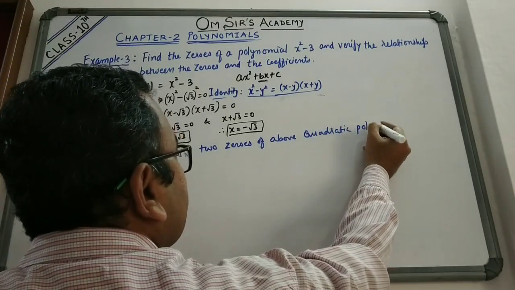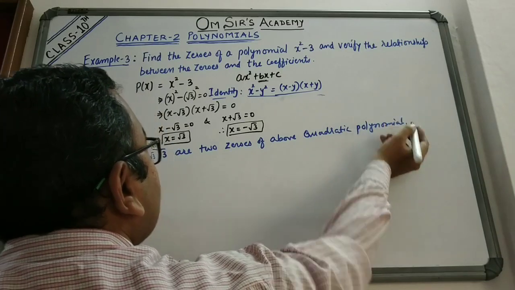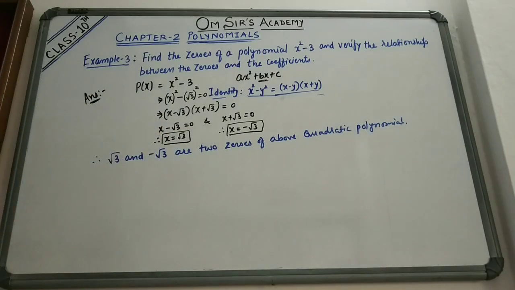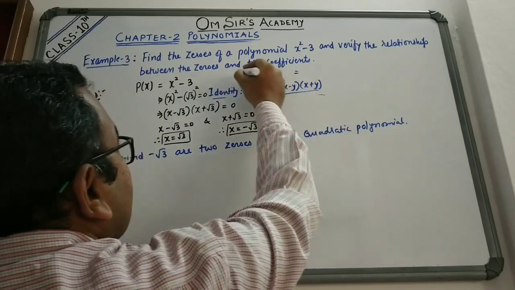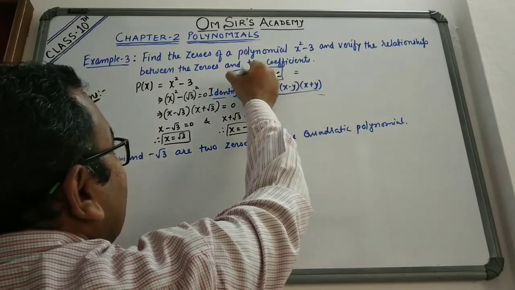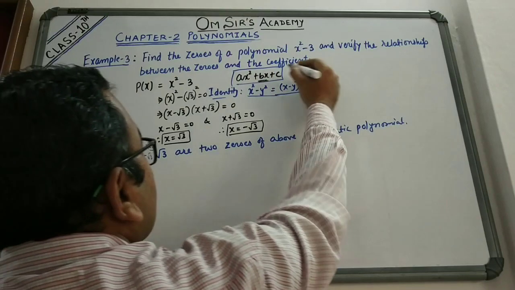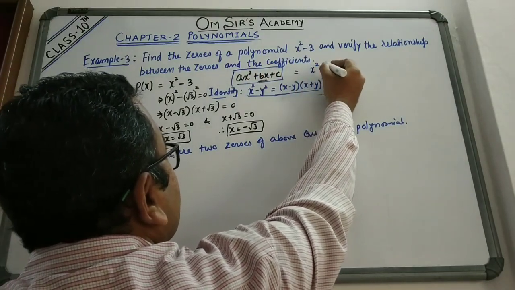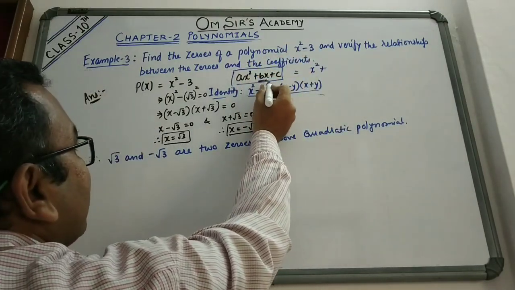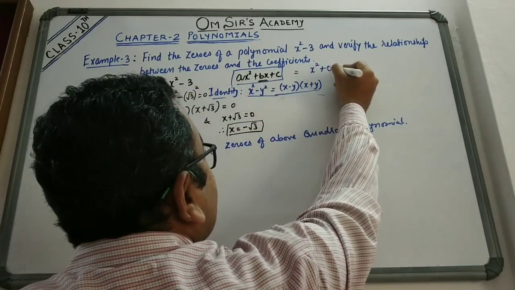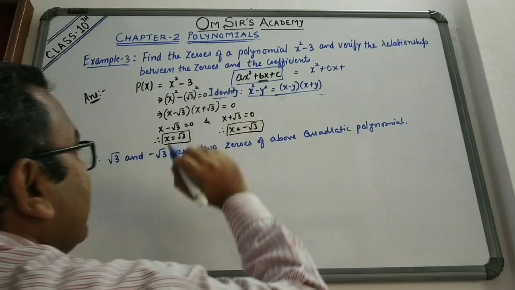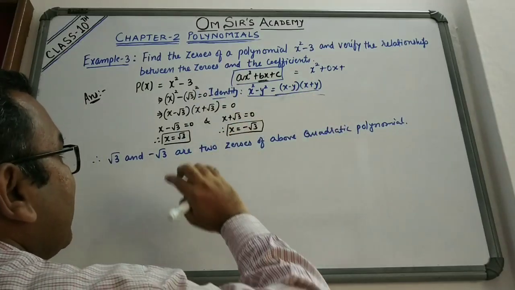Is it clear, friends? Now I need to do what? I have to verify the relationship. Okay, तो यहाँ पे मेरा जो polynomial था उसमें I can write this as ये जो जनरल फॉर्म था उसमें मैं लिखना चाहूंगा तो it will be what? ax square की जगह I can write it as x square plus instead of bx there was no middle term over here, so I can put it as 0x. So 0 into x is 0, तो उसका मतलब middle term 0 है.